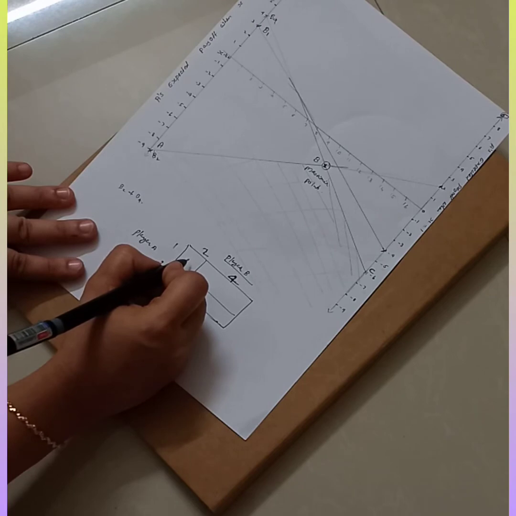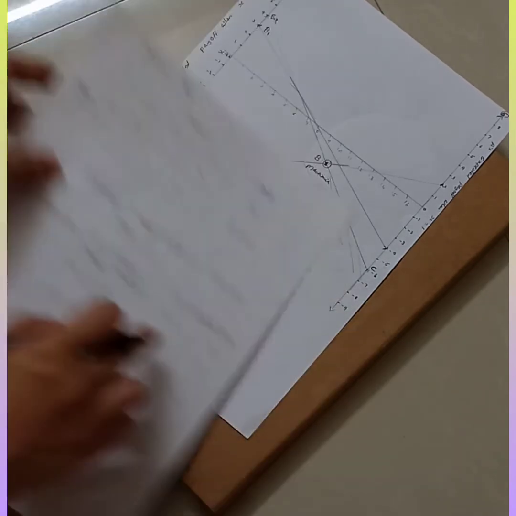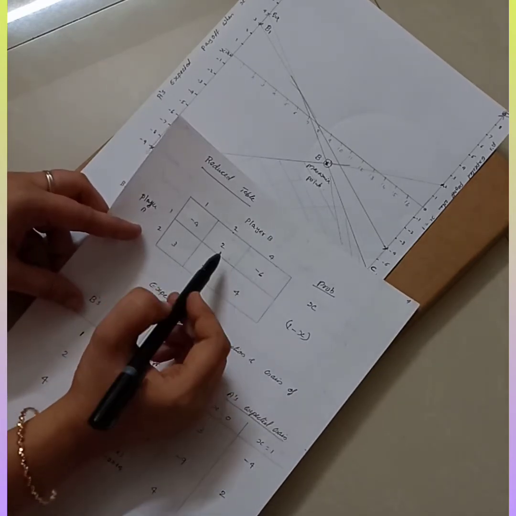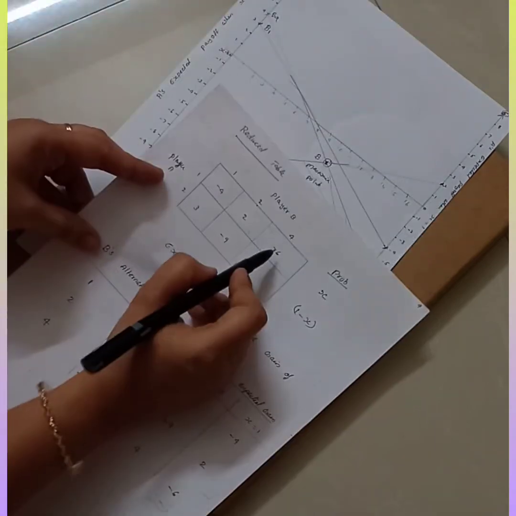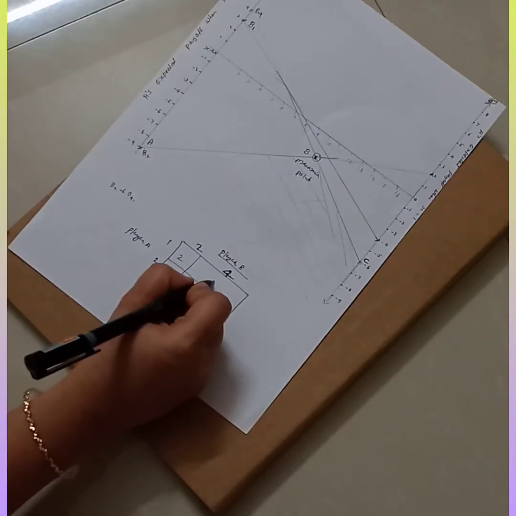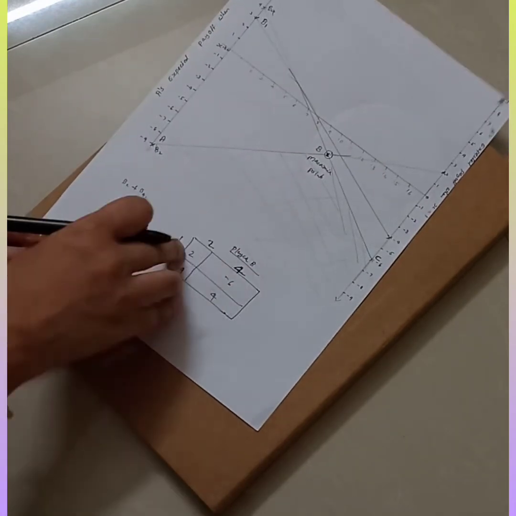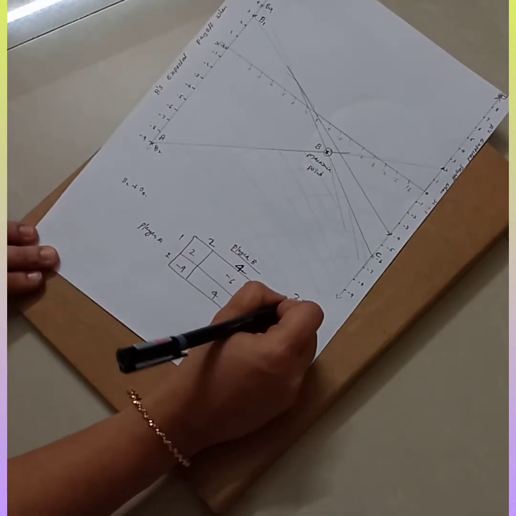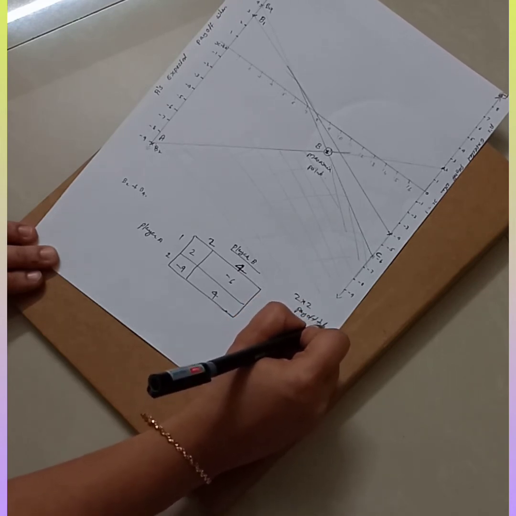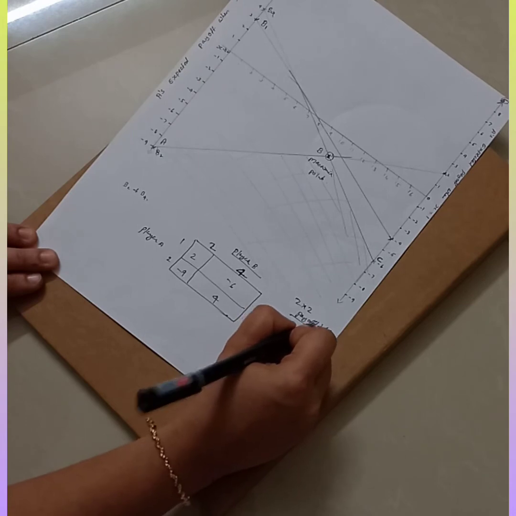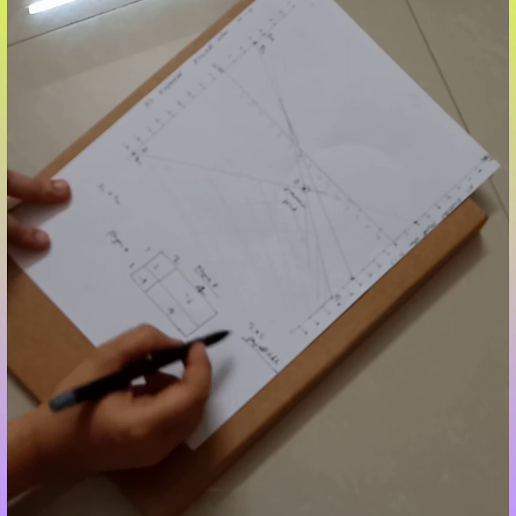For the second strategy, what is the value according to this? Here you can look at this and directly copy. The second strategy values are 2 and minus 9, and for the fourth strategy it's minus 6 and 4. So this is our new 2 by 2 payoff table.